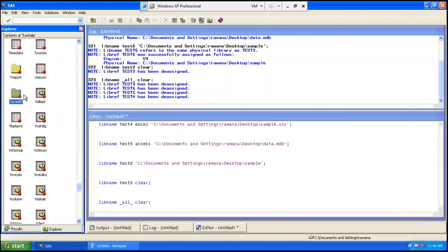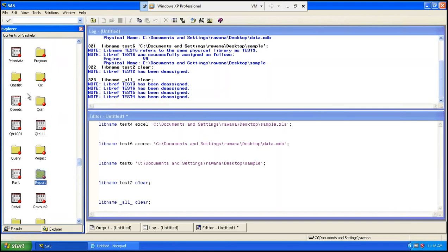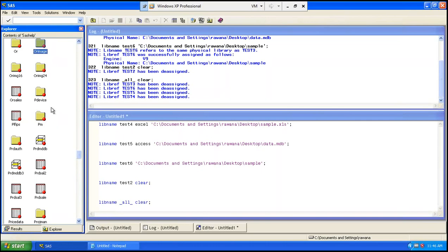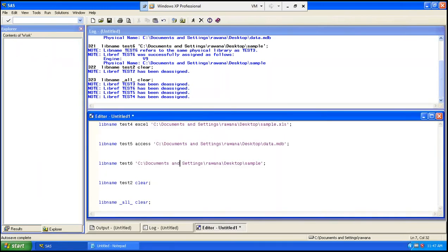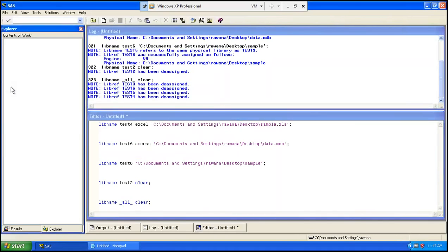Here we have yellow color folder-like things. These are all called catalogs. Catalogs are used to maintain the collection of SAS programs. If you want to save this program, we know that we can save it like this. But if I save it, it will be saved on the system. I don't want to save it on the system, I want to save it in the library. Directly, the library won't accept the program, so what we have to do is